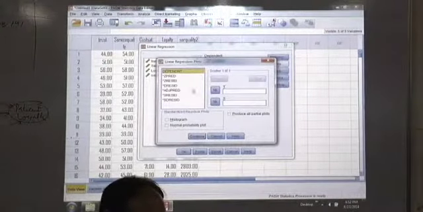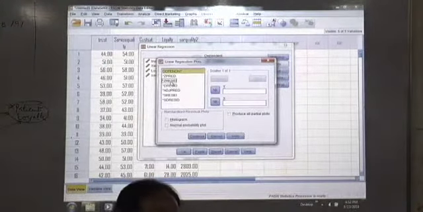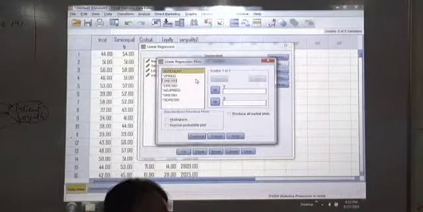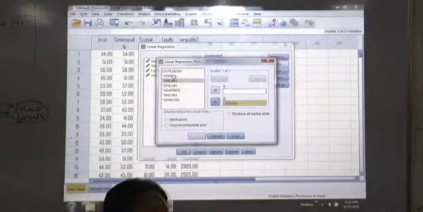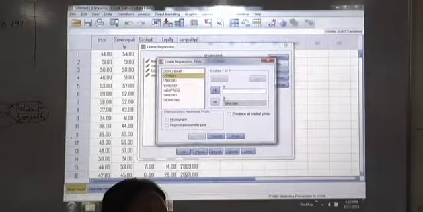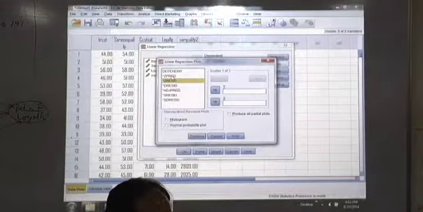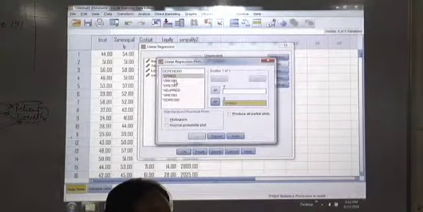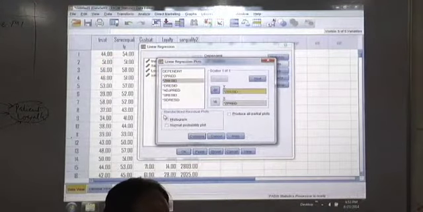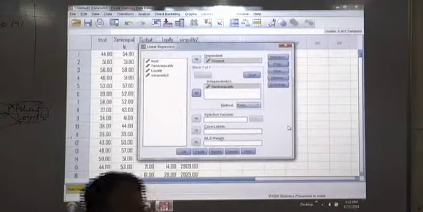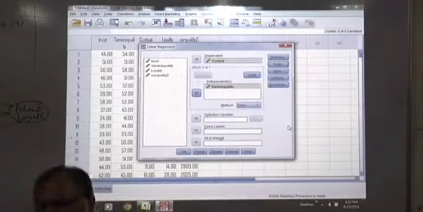Plots. Under plots, Z residuals and Z predicted. Sorry, Z predicted would come in X and Z residuals would come in Y. And the histogram and the normal probability plot, both. We will need only one graph option, which would produce 4 graphs.